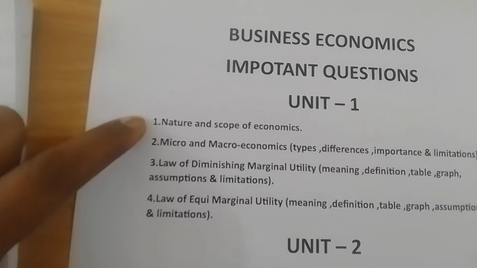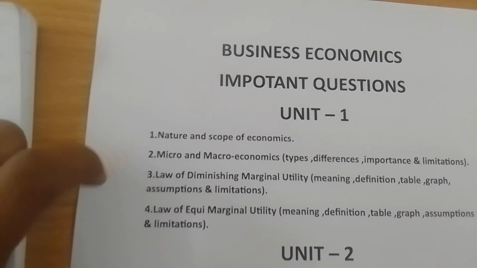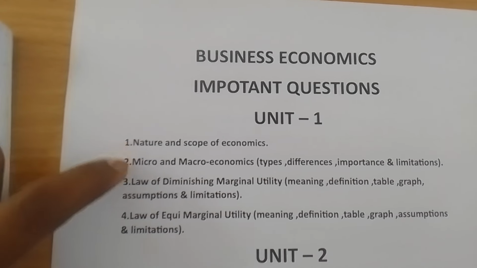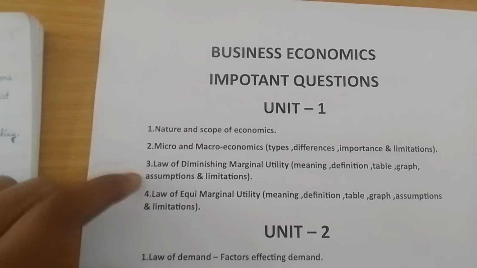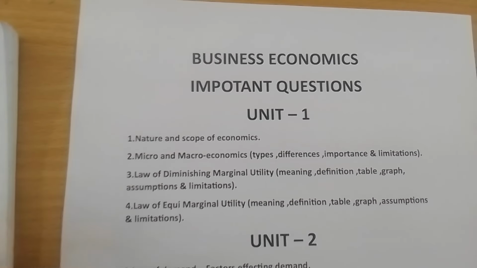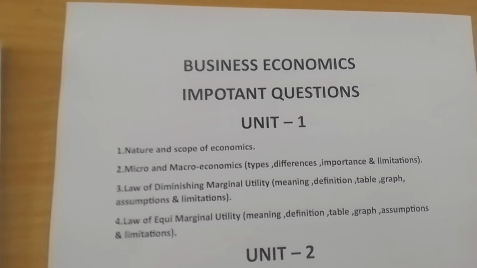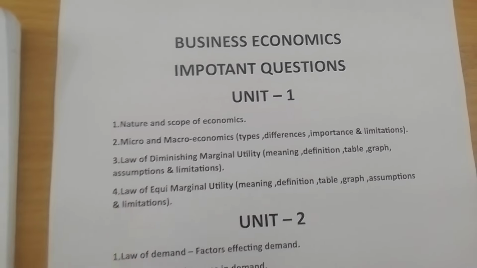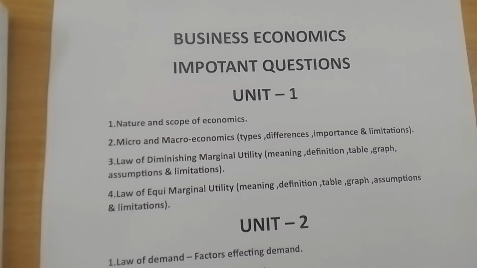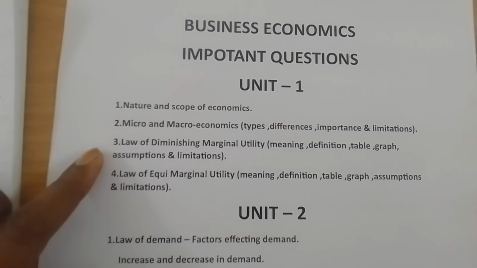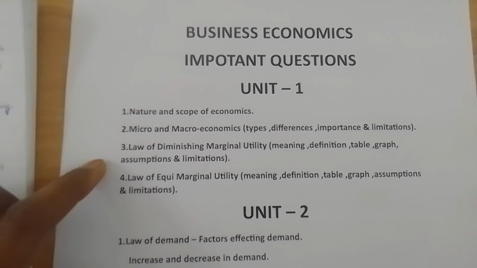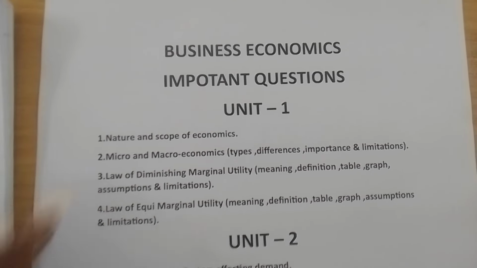Out of the previous papers that we have seen, from the form first, you have an internal choice from unit 1. Out of these both, one question would be appearing, and out of these 3 and 4, you will be having one question, sure shot, gunshot question. There is no question paper where they do not ask you law of DMU and law of EMU. You cannot even go to the examination hall without preparing for these both questions. Keep a stress on these points.